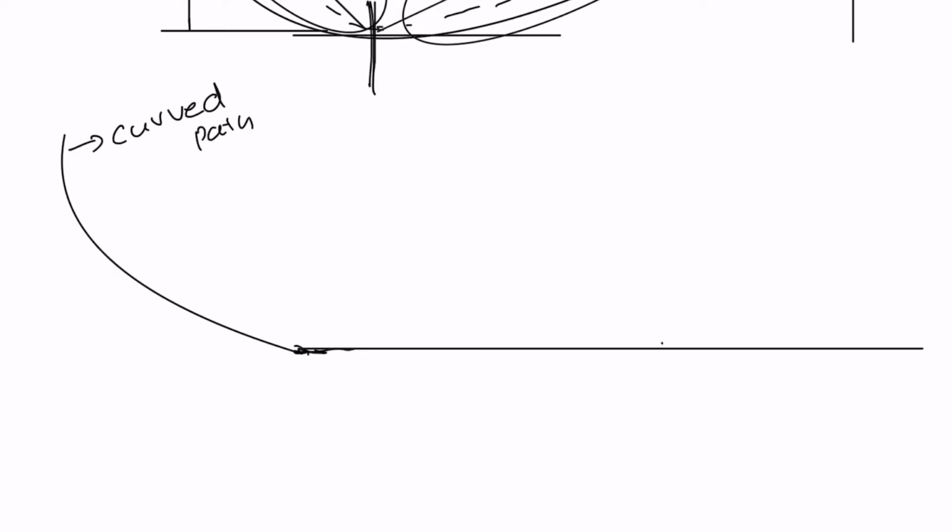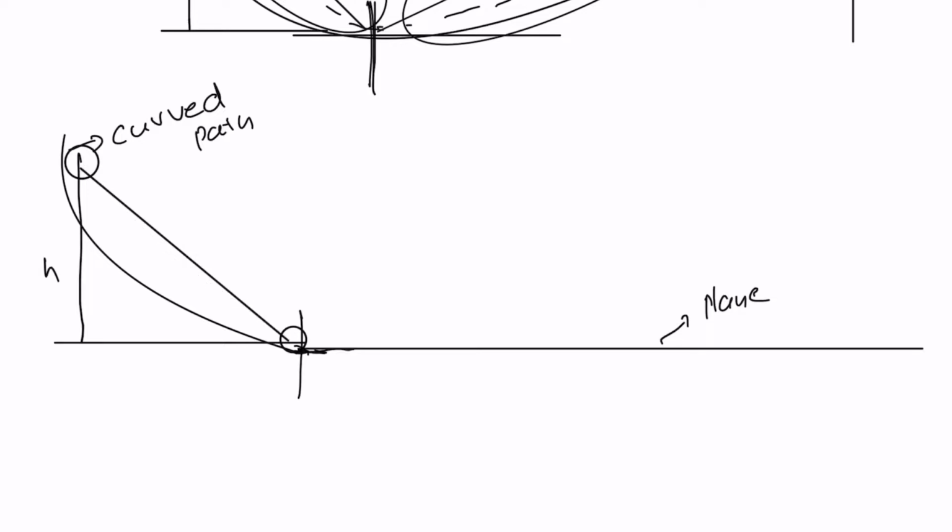In the third case, Galileo took this curved path. This is the plane. Now the ball is taken here. Again it is also at the same height h from the ground. Now the ball is rolling up to this point. So going, its velocity is increased from this point to this point. After reaching this point, he observed that now the ball is moving with uniform motion.